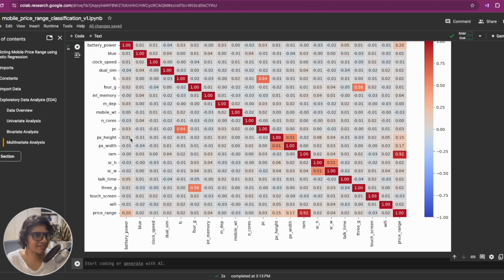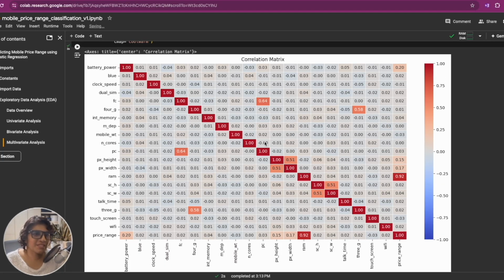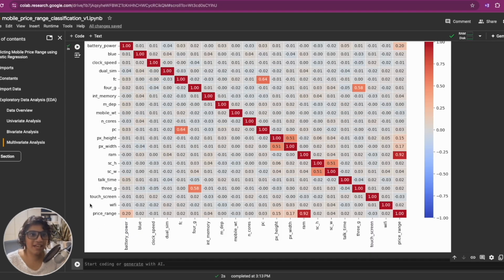Make it a bit thinner. Beautiful. Right, the diagonal values are in red, being the highest value here, but they are not the focus of our analysis. We are interested in the off-diagonal values here, showing the correlation between different features. As we have already seen, the correlation between RAM and price range is